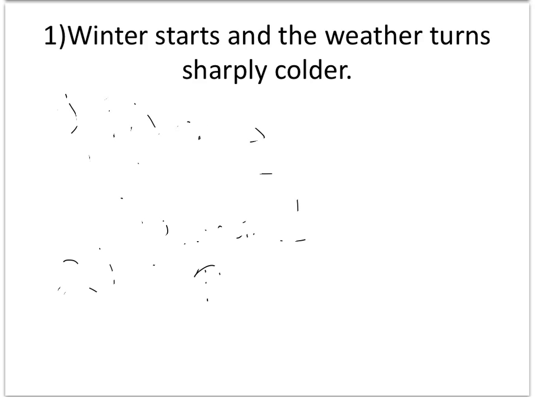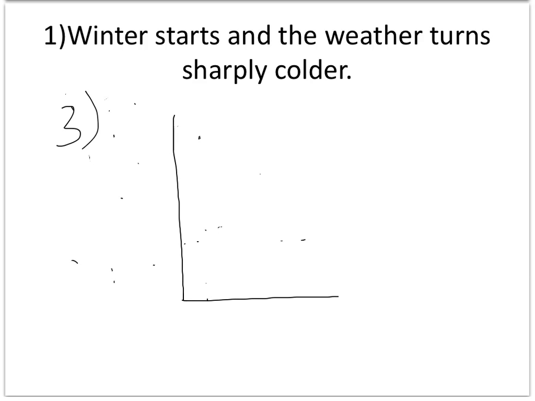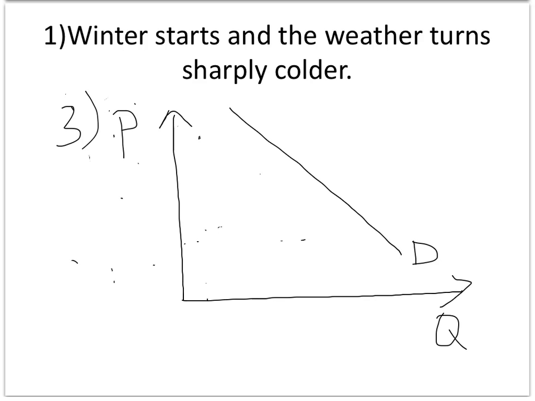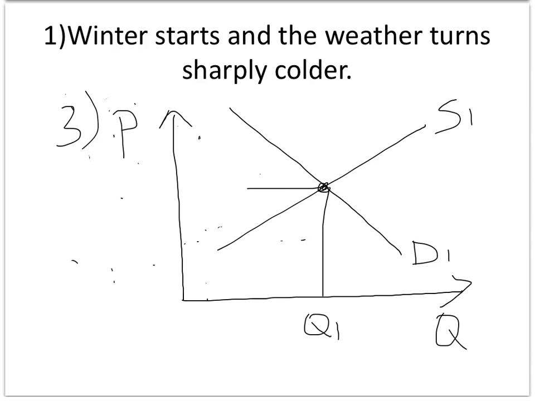Okay. Now for the third step, I need to draw the graph, demand and supply curves. Let's do that. This is the third step. I'm drawing the previous equilibrium. That means before the winter, the hot chocolate market was at equilibrium. There was the price of hot chocolate here and the quantity on the horizontal axis. And this is the demand for hot chocolate and this is the supply for hot chocolate. Demand 1 and supply 1. And at initial equilibrium, as you see, there were Q1 quantity of hot chocolate in the market and the price